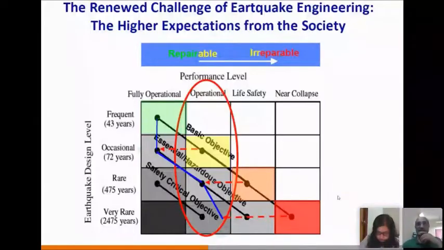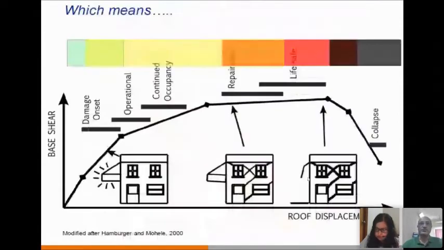So now there is a great challenge to the structural engineers that we have to act proactively and bring back the functionality of all our structures even after any great disasters. And for that purpose, what does it mean? We need to understand when we compare a base shear versus roof displacement, and at that time we can clearly